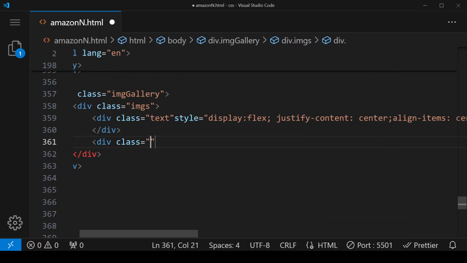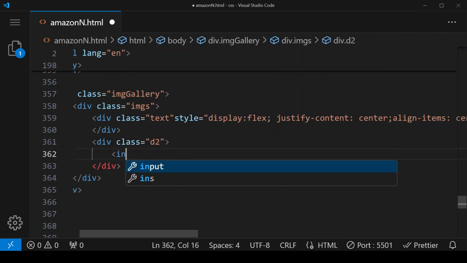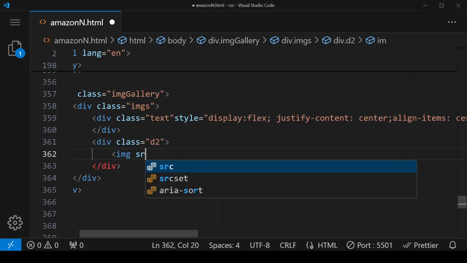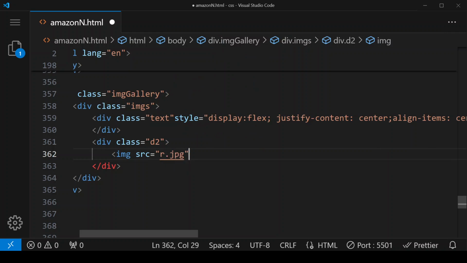Class equals to, here I'm giving it a name d2, and within this div we have to give images. So img src equals to name of images r.jpg, save.